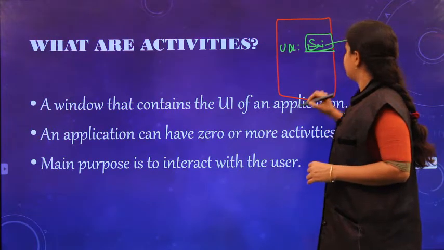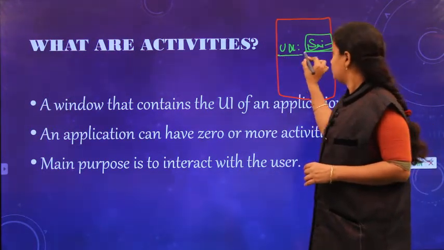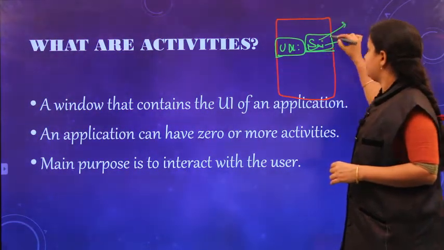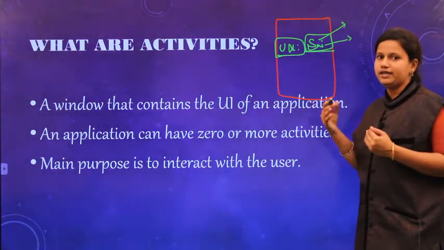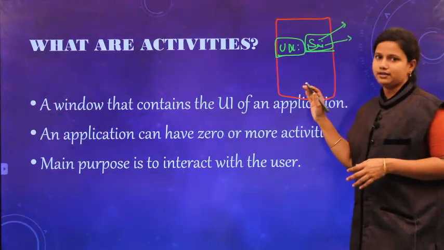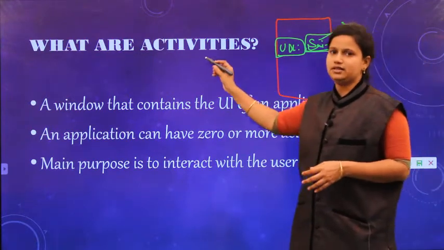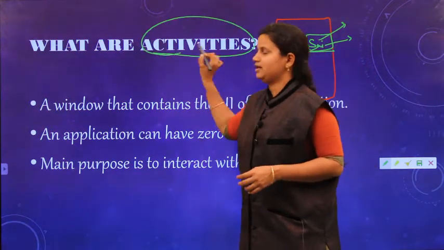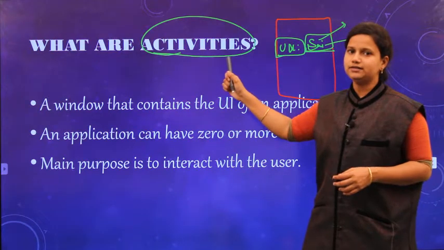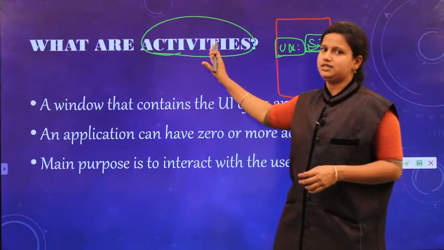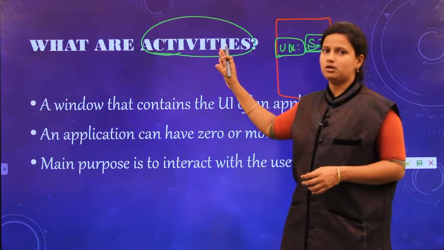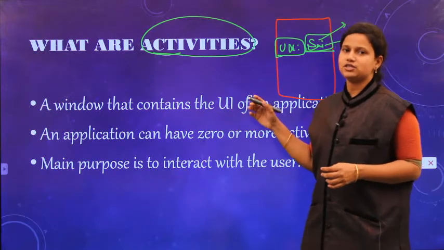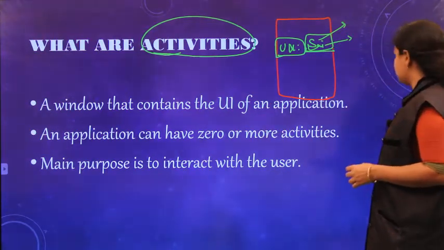This is not developed by the developers. The development is only like this: it asks to collect the details such as the username, but the value is provided by the user. So the user interaction is provided in this activity. The activity is nothing but the window or the user interface design. A window containing a user interface design is called an activity, but the application consists of more than one activity. The main use of an activity is providing interaction between the user and the application.